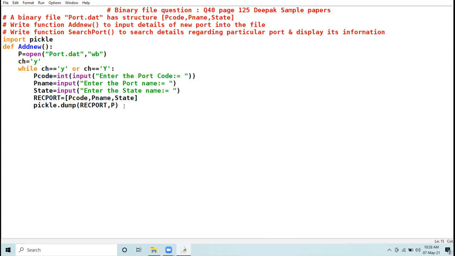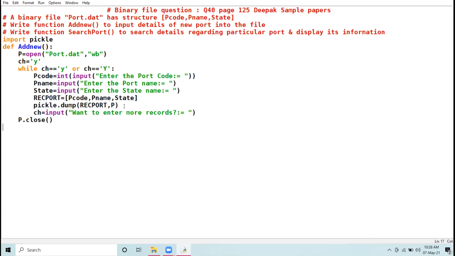Okay. Then if you want to input more data, ask the user, want to enter more records. Whatever the user says, accordingly input the value of ch.